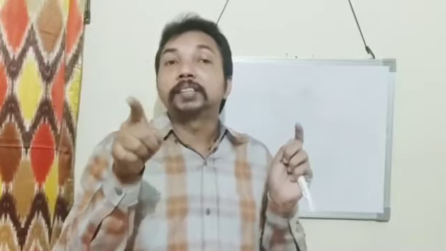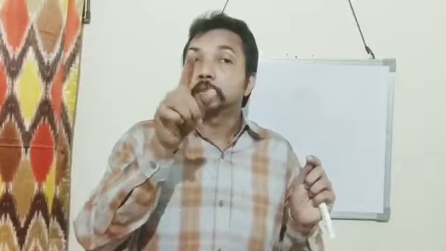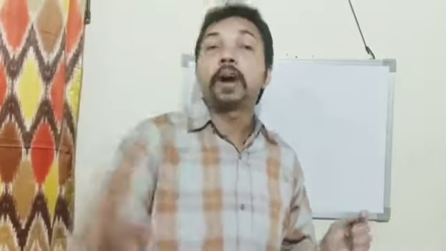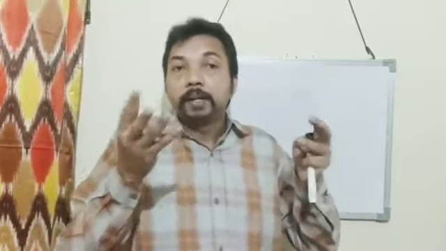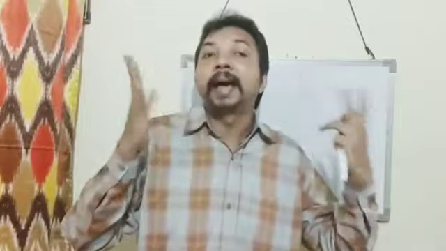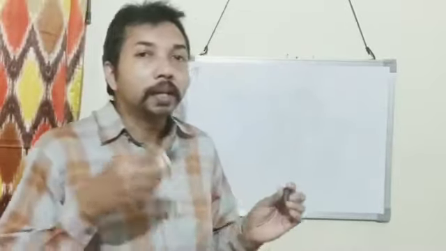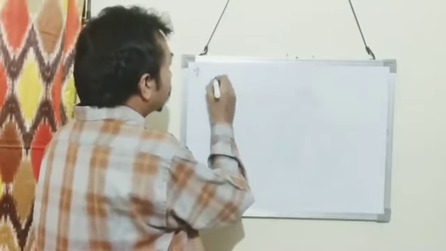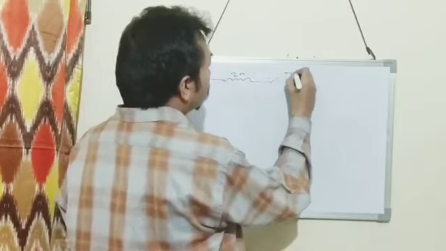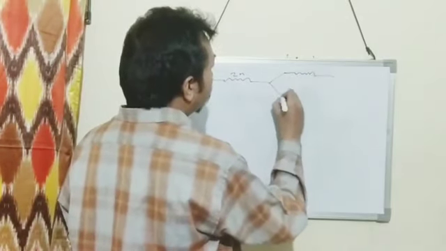And if you connect these 3 resistances in parallel, then 1 by R is equal to 1 by 2 plus 1 by 2 plus 1 by 2. On solving, it will come less than 1 ohm. So there should be a mixed combination of series and parallel so that the total resistance is 3 ohm. How do we do the connection? So one is this, 2 ohm. This is a parallel arrangement.